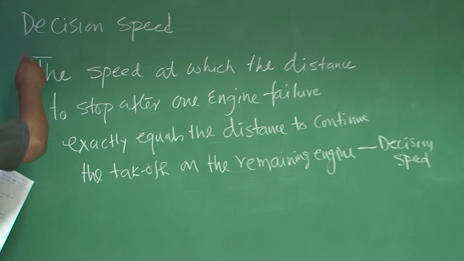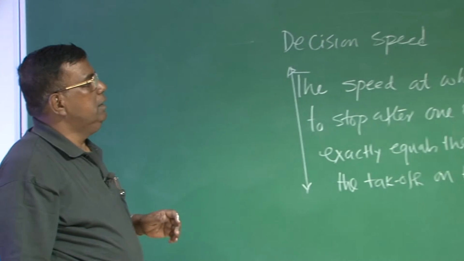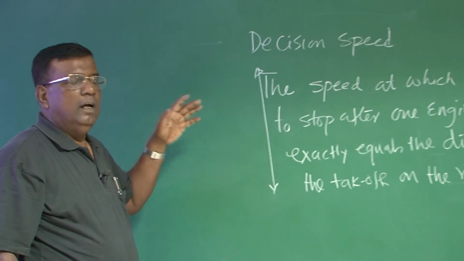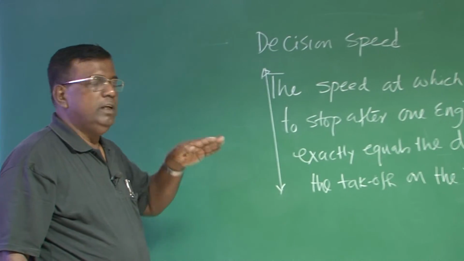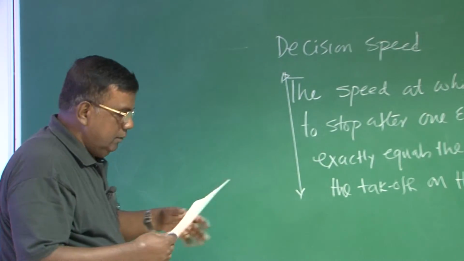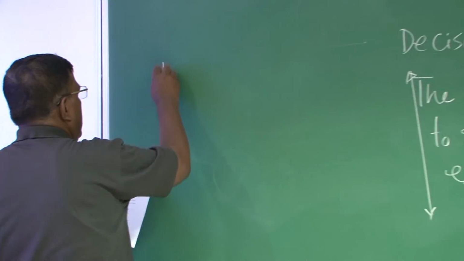If I can identify the decision speed, then as a pilot, if the engine has failed below the decision speed, I will apply the brake. If it is more than the decision speed, I should be able to take off. Right? Clear? So based on that, this balance field length is defined